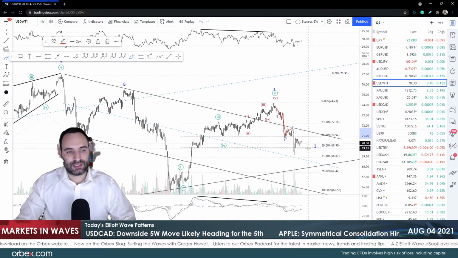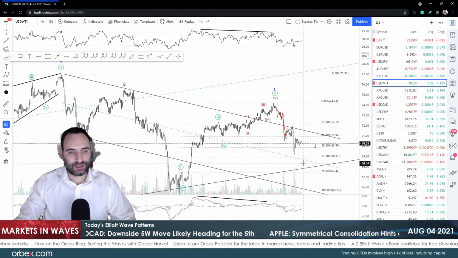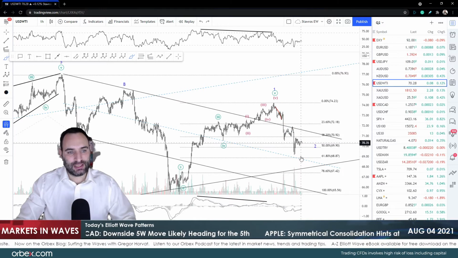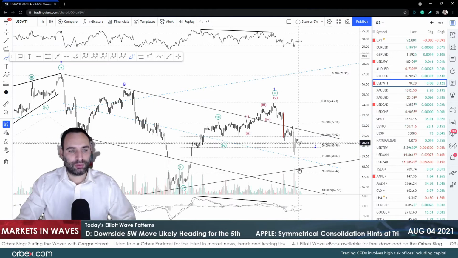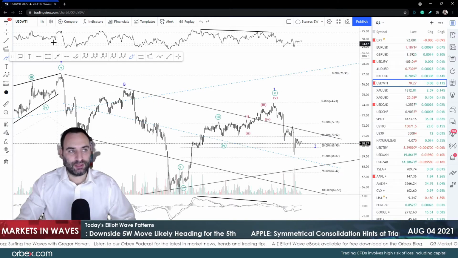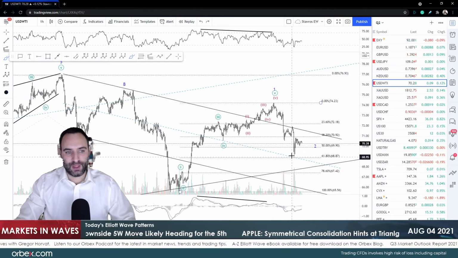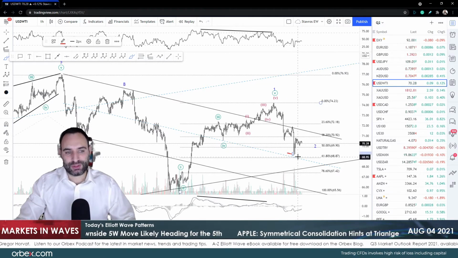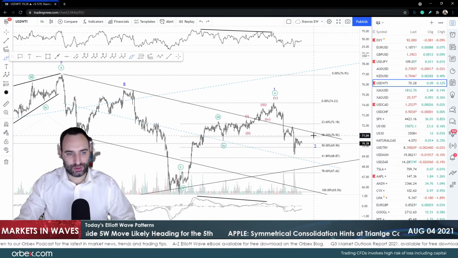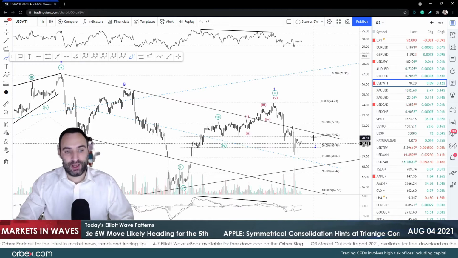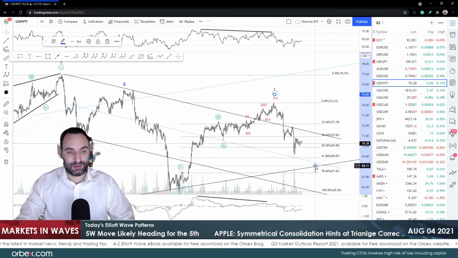The only thing that makes me think that we might get a multi-structure down, and it might be WXY indeed instead, is the fact that we'll have 2 impulsive moves down here, and these 2 moves both usually belong to a wave 3, but because we're in commodities we do see extensions in waves 5. So to me that makes very good sense that it's an A wave, and we're just expecting an ABC and then continuation to the downside because a zigzag can be expected in wave 2. Is pretty much what I'm saying.